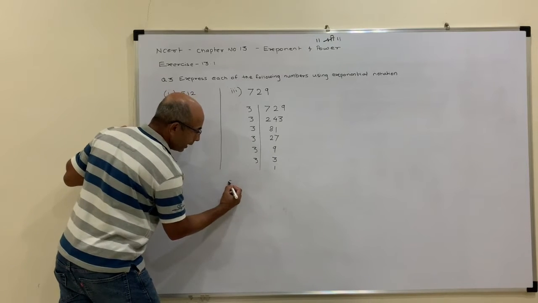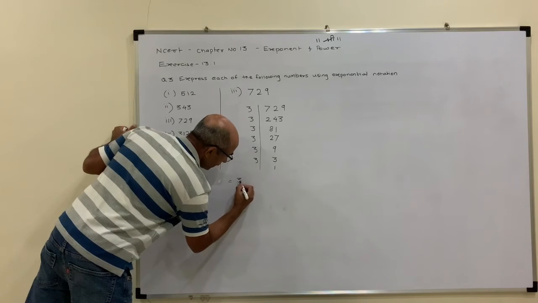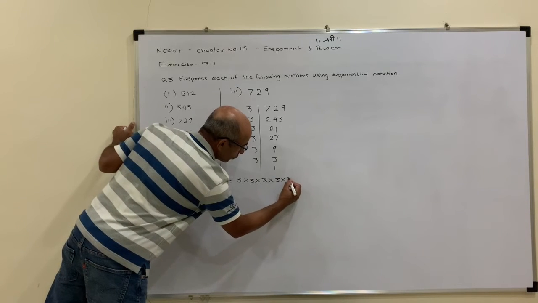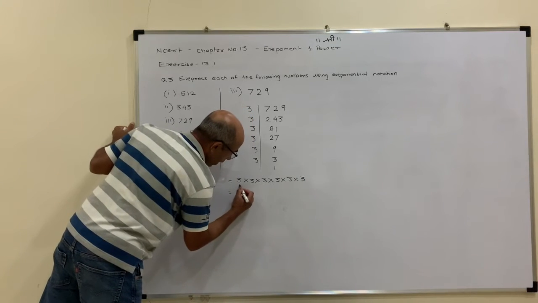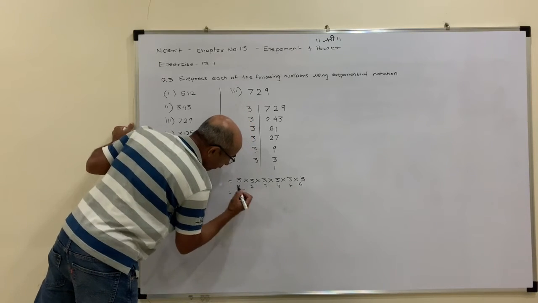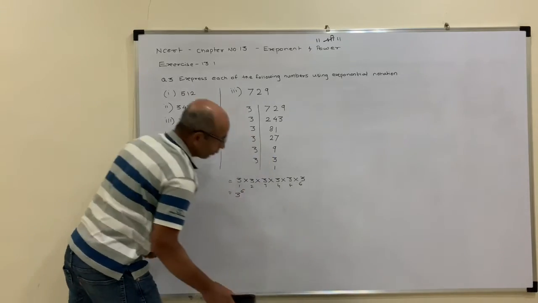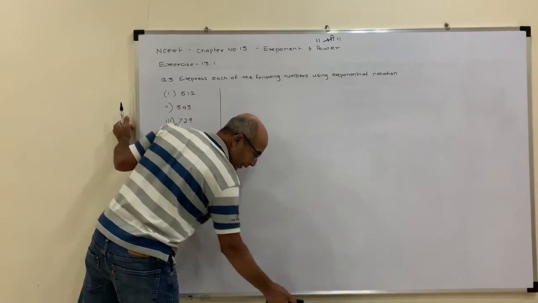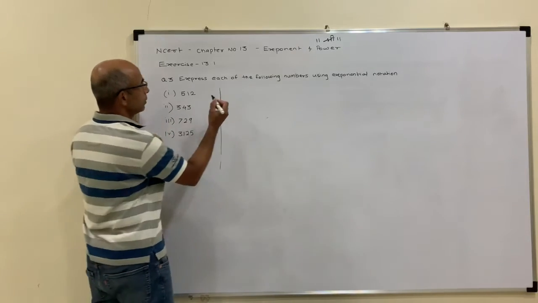So now we'll write it again. 1 2 3 4 5 6. So 3 into 3 into 3 into 3 into 3 into 3, 1 2 3 4 5 and 6. So 3 to the power 6. Now the last one, we will be solving the fourth one. If you have difficulty understanding any of them, you can always replay the video. So now I am moving on to